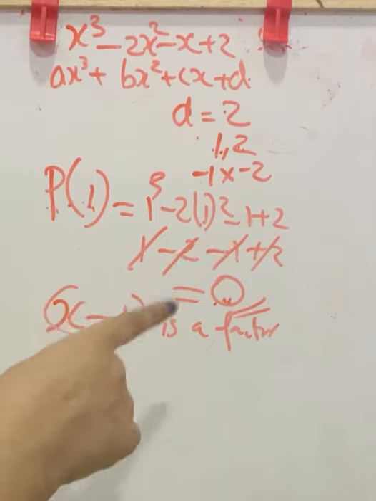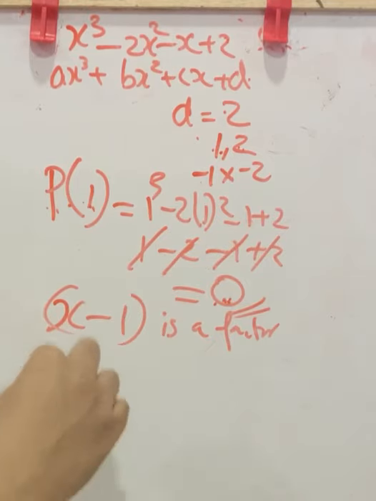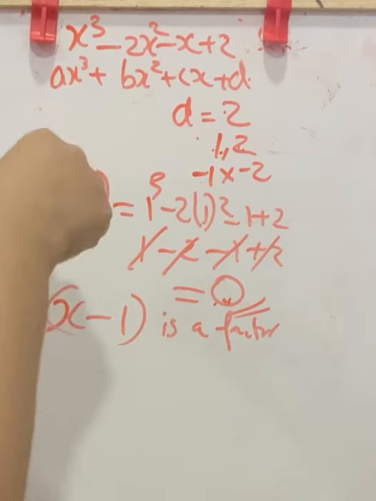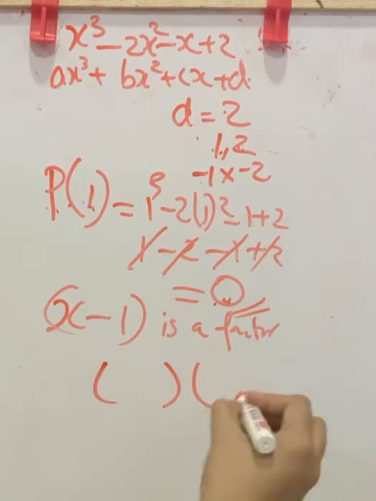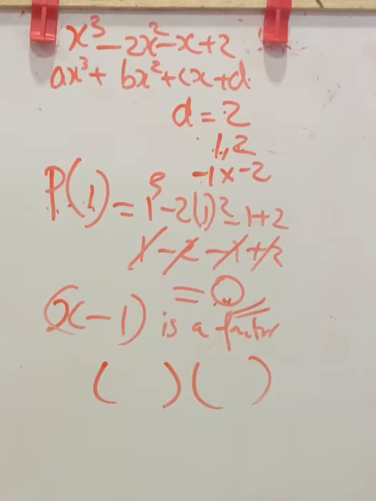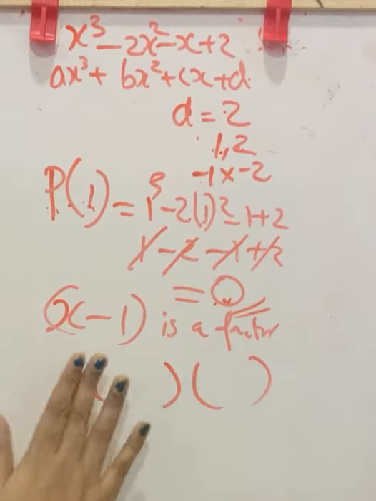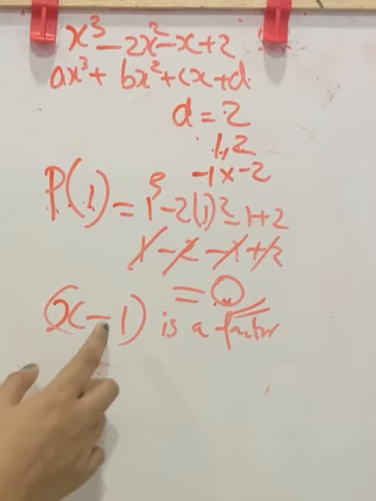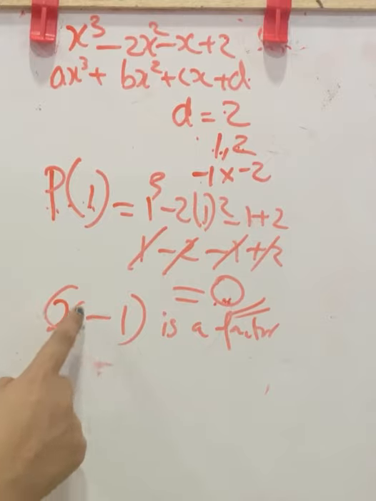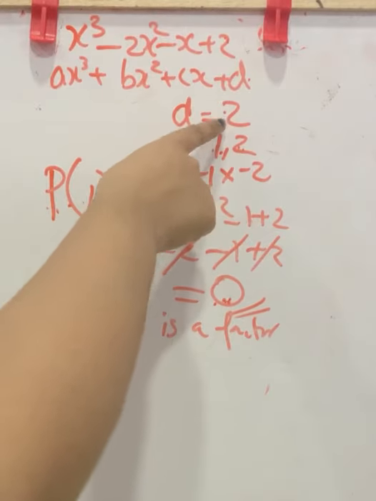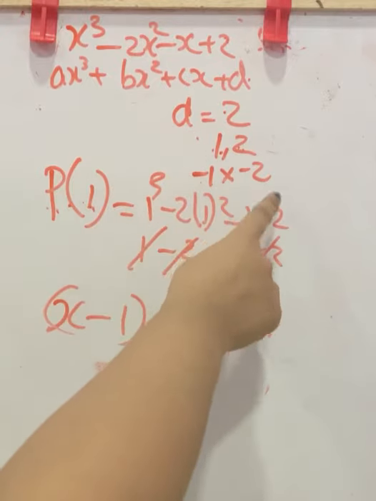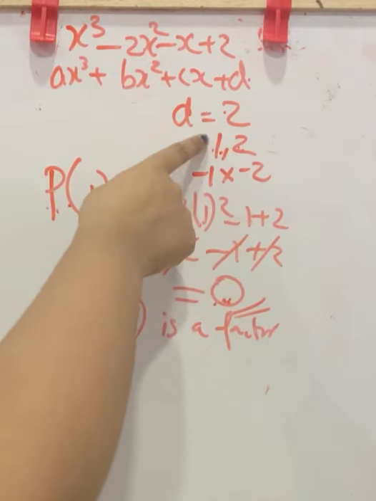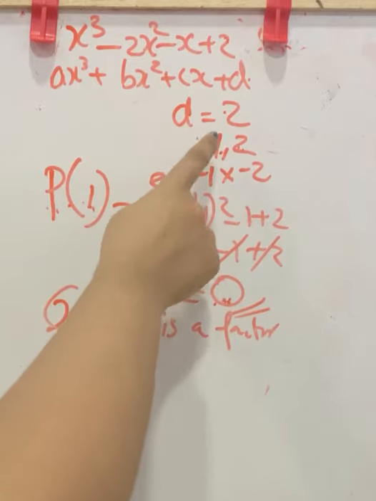And you know one thing, for a quadratic polynomial there are two factors. That is what we get after doing the middle term splitting method. We got two factors. In a cubic polynomial there will be a maximum of 3 factors. Of those 3 factors, we got one factor already. That is, we found the d term here. It was 2. From that we checked which are the factor combinations to get 2, and we got the values 2, 1, minus 1, minus 2.